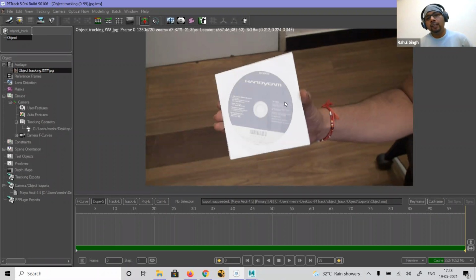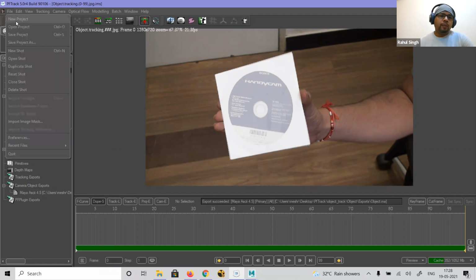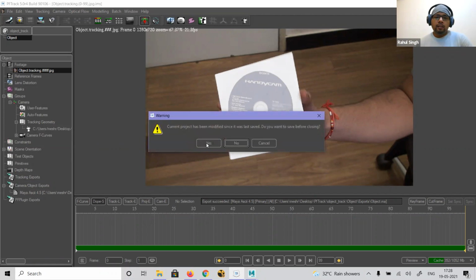So when we are tracking an object, we can easily do that. This is one of the methods where we directly track and directly place the object, and we can easily bring it to Maya and place the object. One more thing we can do is, if you say, I'll say